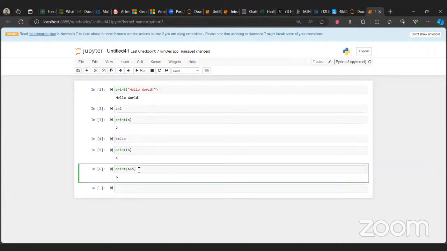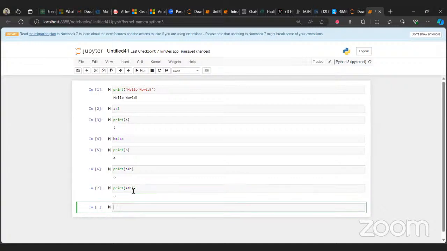In Jupyter notebook, a shortcut to run a cell is to press shift enter. If you don't want to go all the way here to run, just press shift enter and then you run your cell. All right, that's good. You can also multiply our variables. In Python, to multiply is asterisk. So you press shift 8 to get to asterisk. So a times b, print, you get it. I hope we're all on the same page.